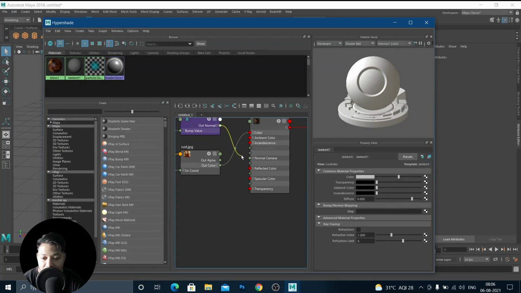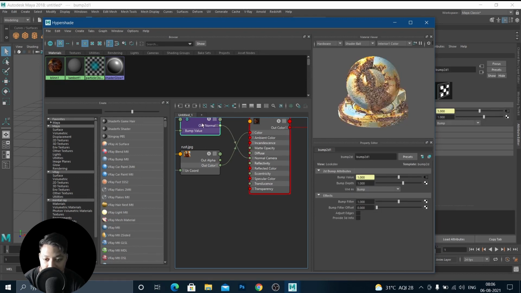And we can add it like this. Just click on it and drag it to the thing you disconnected with, and that's it. And go in here, there is a value here to change the bump. If the bump is a lot higher than you think, then you can change it here, like reduce it